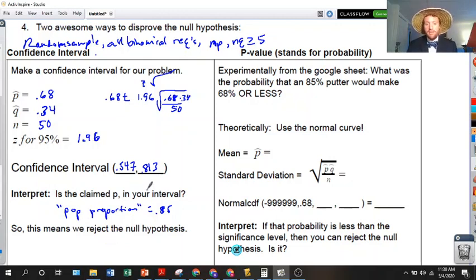We could have made the confidence interval not at 0.68, but at 0.85. But it doesn't matter because it's just taking that error and sliding up to 0.85, and now 0.68 isn't a part of that anymore. So it's really like, does your sample fall in the confidence interval based on your population proportion parameter, or the other way around? Either way, we reject. This method over here is we're going to use